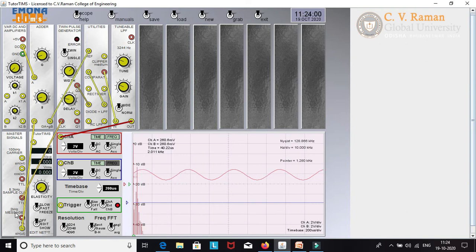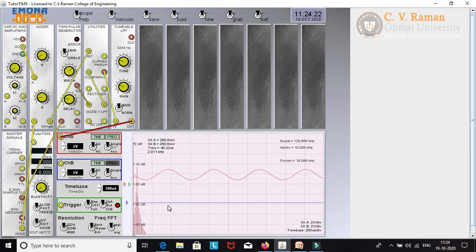That means I have given a message signal and I am getting back the original signal. Also you have to compare these two outputs, message signal and reconstructed output, and find the difference between them. There must be some difference. You have to find that out and write it in your conclusion. So now the PWM part is completed.